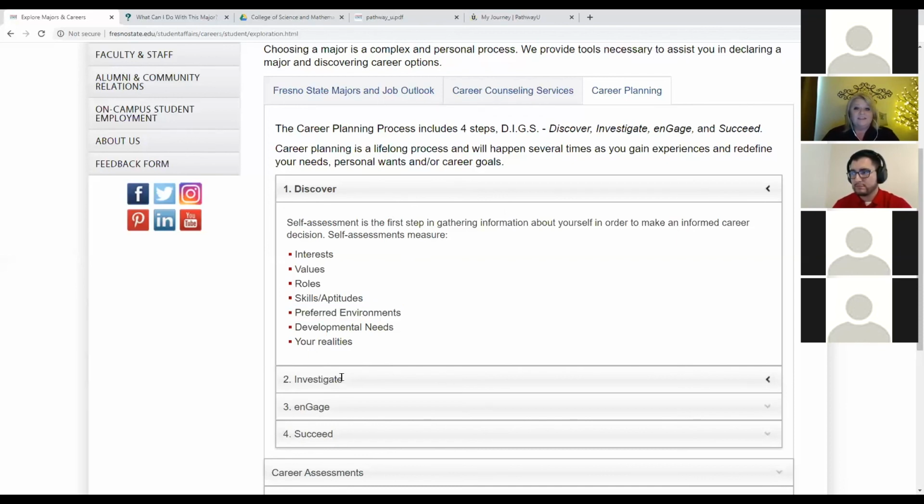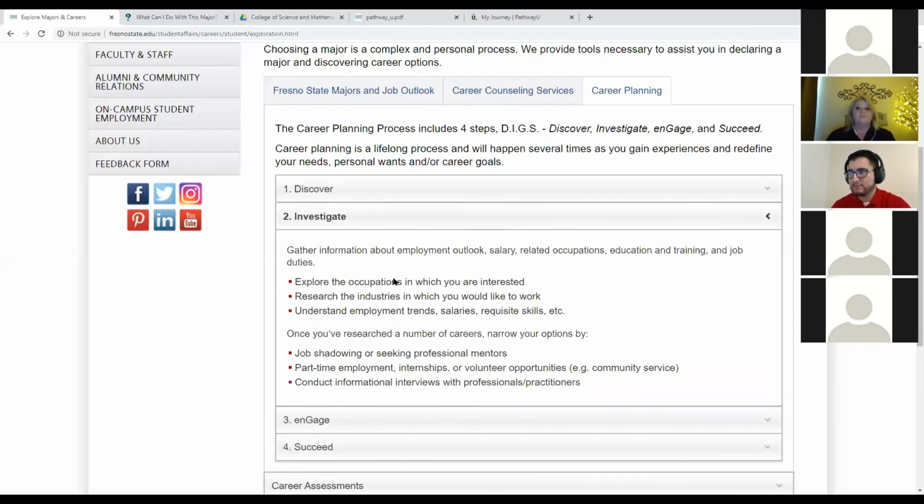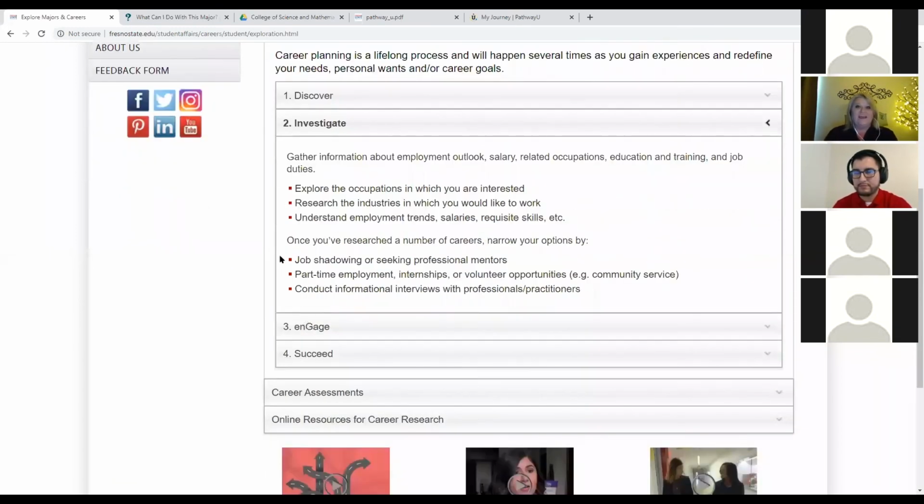The next area is investigate. And this is another part that I didn't do. You need to not assume what a career path is about. Like I said, I actually graduated with a liberal studies degree from Fresno State. I was going to be an elementary school teacher. I wanted to be a kindergarten teacher because I'm not that good with math, right? And think about it. And so when I got into a kindergarten class my senior year, and I was in a dual program, so I was actually in the credential program at the time, I found out within 5 minutes I don't like kids. So that would have happened